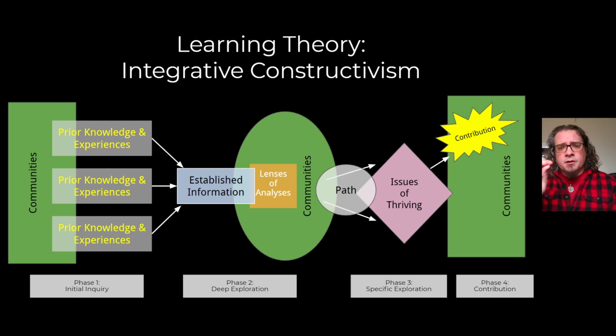And then we shift into phase 3. And phase 3 is a much more specific exploration than phase 2. Phase 2 is sort of the general understandings and the way in which it's situated within our communities and doing lenses of analyses. But phase 3 is much, much more specific. So out of that sort of general understanding of things, I am, Kurt Love. I am a person who has certain things that I want to do in life, that I want to be connected to, I want to contribute in various ways.